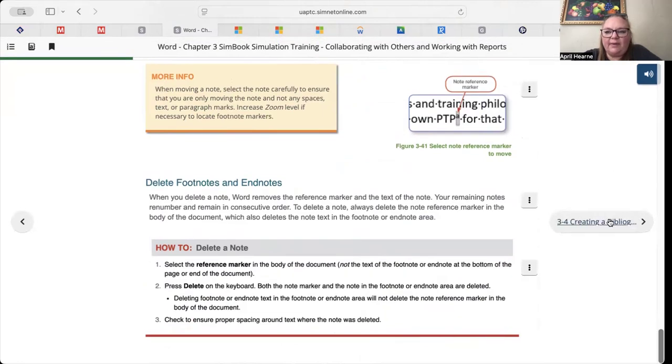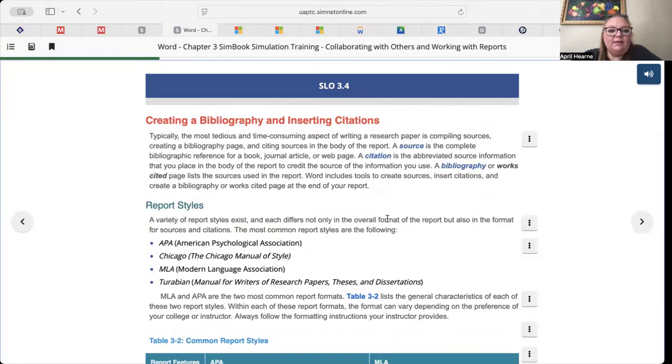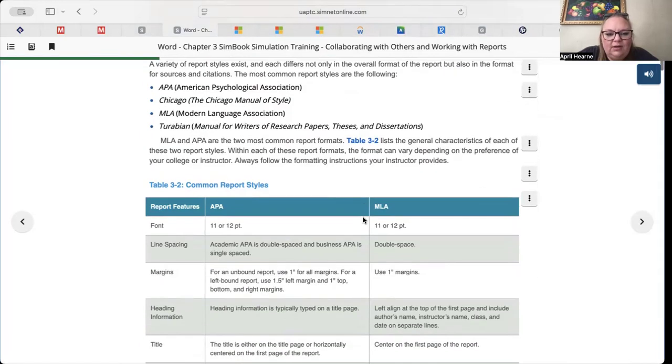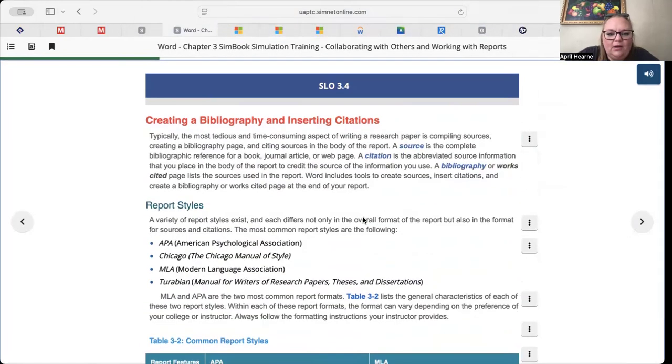All right, we reached the bottom of our page. We're going to turn the page. Creating a bibliography or inserting citations. Back to that English essay that you are writing in Comp 1 or 2. They will have APA, Chicago, MLA, and the other one already embedded. However,